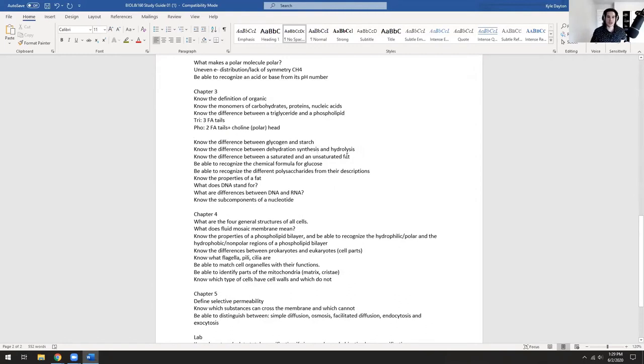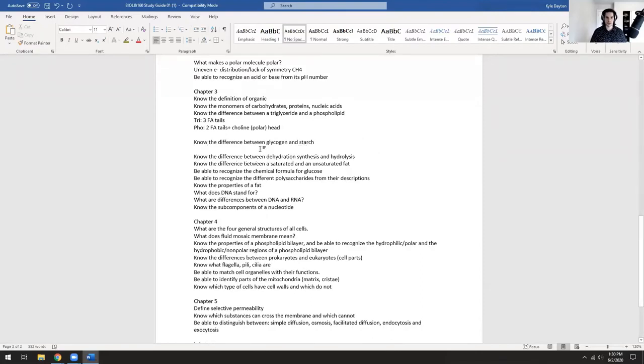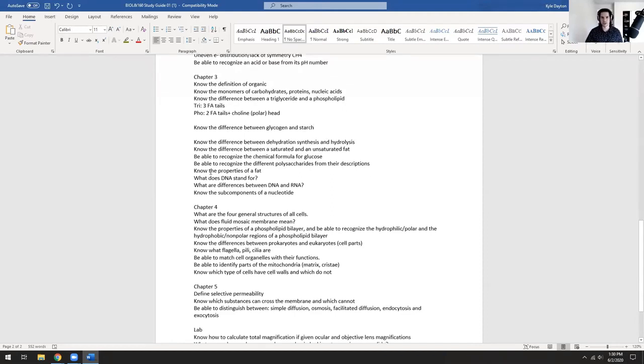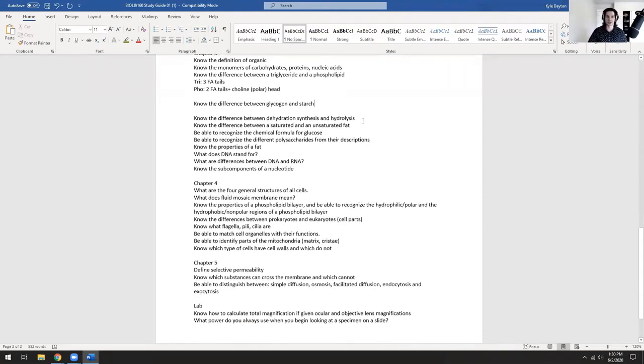All right, know the difference between glycogen and starch. Glycogen is actually what animals will store. That's the way we store our sugars. Starch is the way that plants will store their sugars. And remember, when you see cellulose, for example, that's actually a constituent of the plant cell wall. That's not the way plants are storing their sugars. It's actually the way that plants are using their sugars. When we store sugars, it's usually for energy. So glycogen is the way animals store sugar potential energy, and then starch is the way plants store their sugar potential energy.